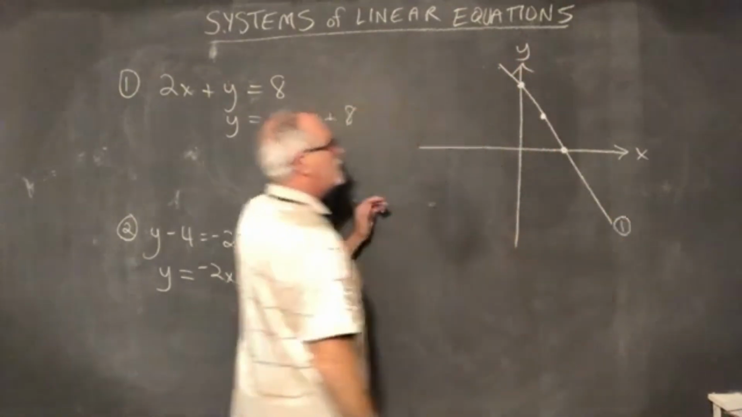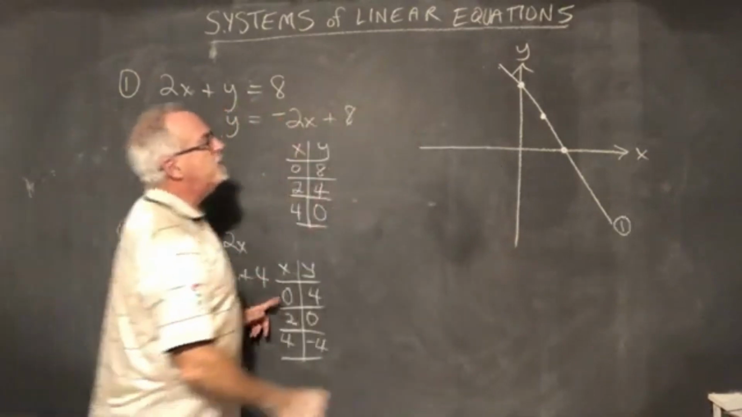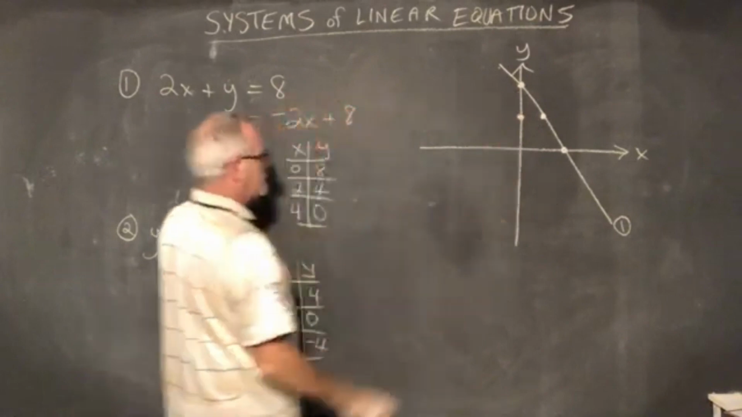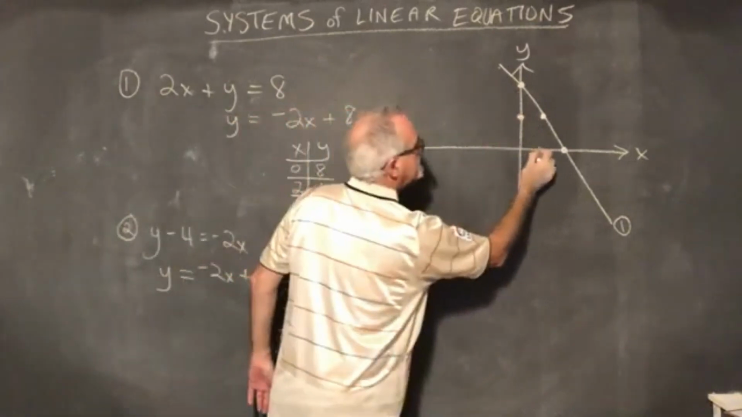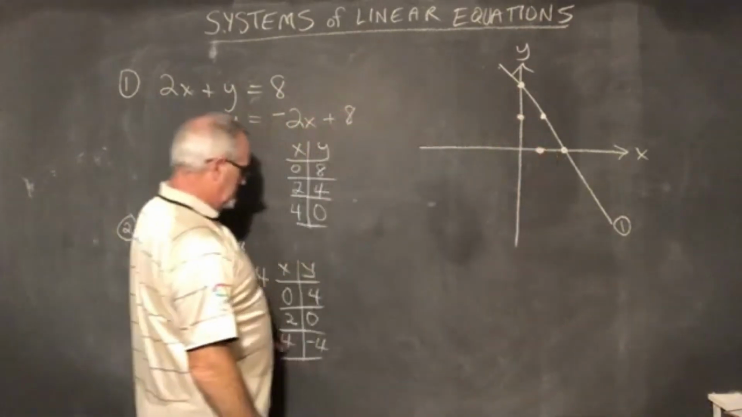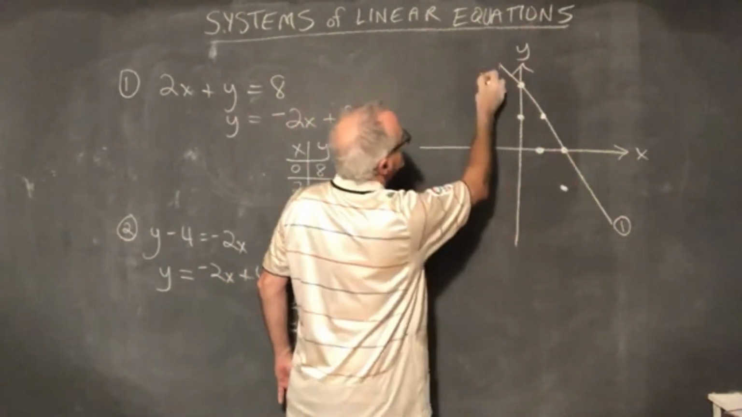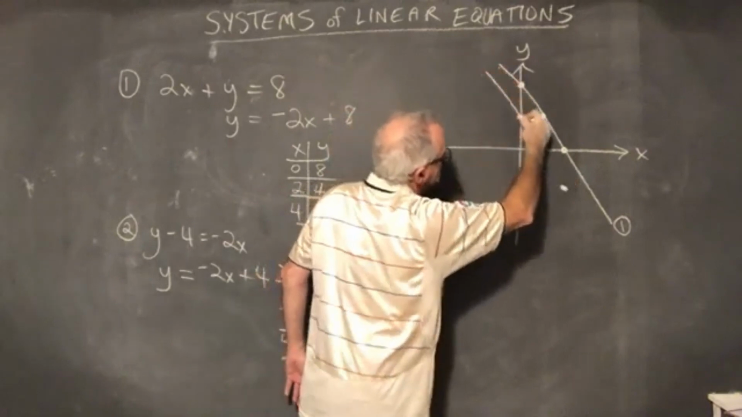And I'll label it line 1. 0, 4 is going to be here. Remember, I made this 8, so that's going to be 4. 2, 0, it's going to be there. And 4, negative 4 is going to be about here. And when I draw a line through these points,